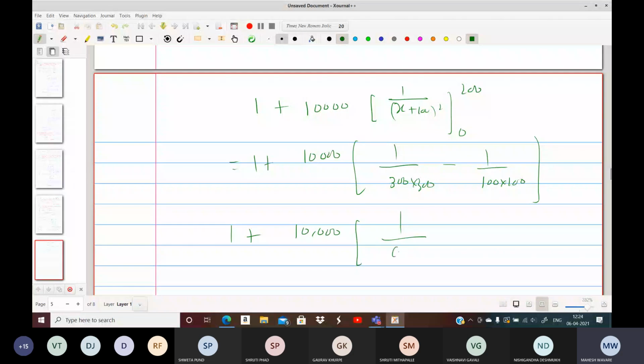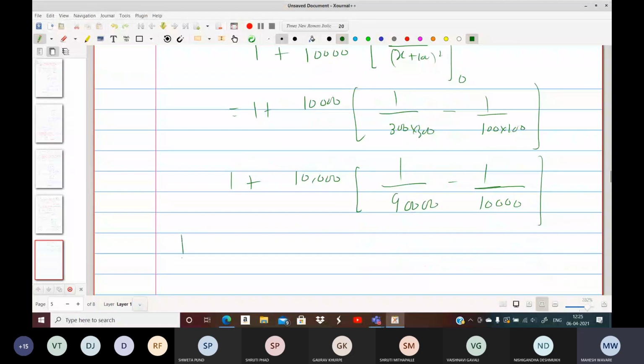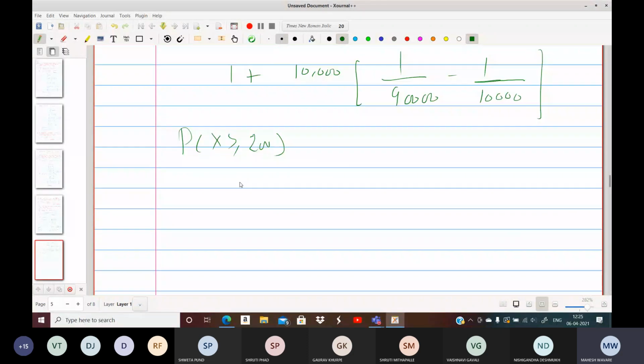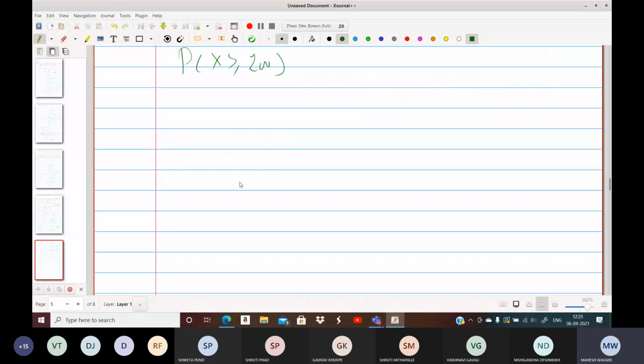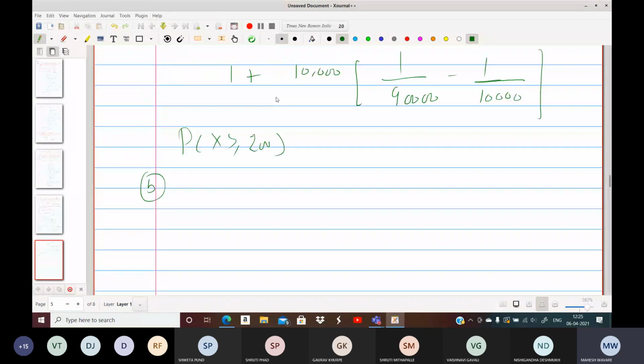You can do these calculations now. This number is bigger, so here the minus sign comes. This number is the bigger one. Can you do these calculations? Find the answer. This gives the probability of at least 200, the life of that bottle. Has anyone done the calculations? Till then I will write the second problem. 1/9. Okay, check the others, check the answer.